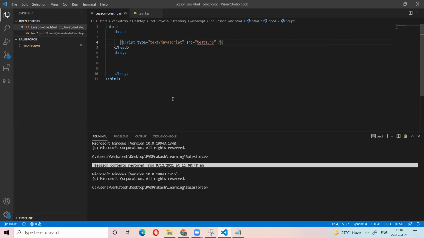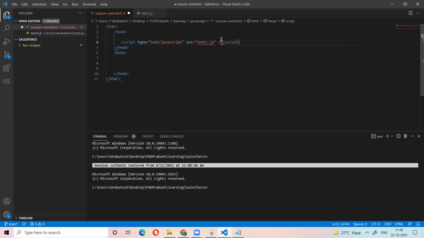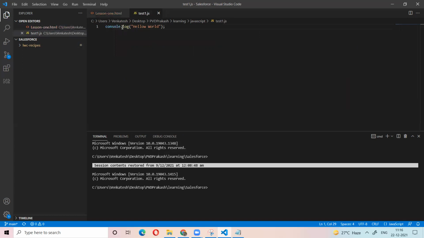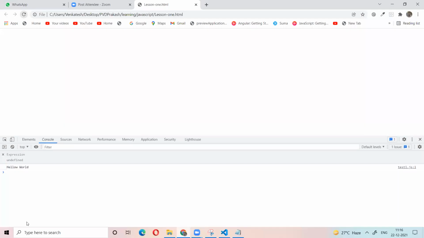So now what we did: we wrote our JavaScript code in a separate file and included it in the HTML file. Now let me see. See, now JavaScript will run.